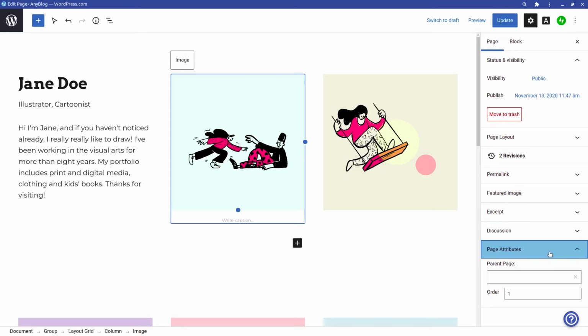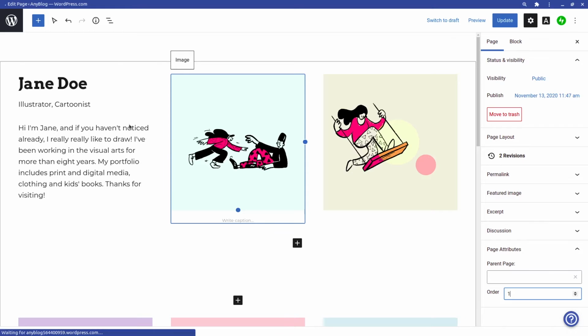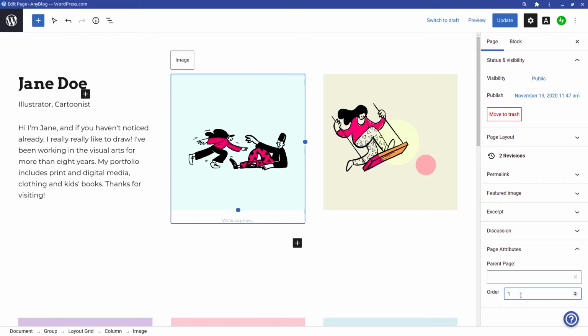And then for page attributes, you have the page parent. Since we have only one page, this is gonna be empty, and then the sequence of which page is shown. In our case, this is the home page, so this is for sure going to be the first one to show. If you have another page, then you're gonna be maybe second, third, fourth, fifth, and so on. Then the next one is blog.